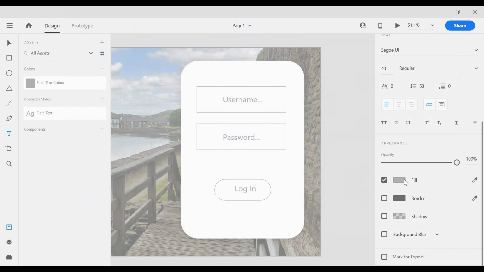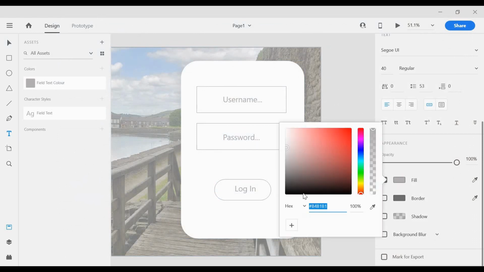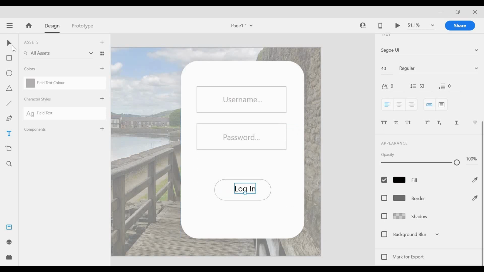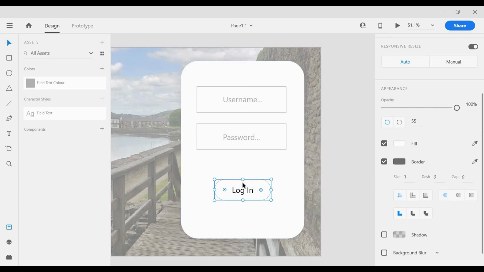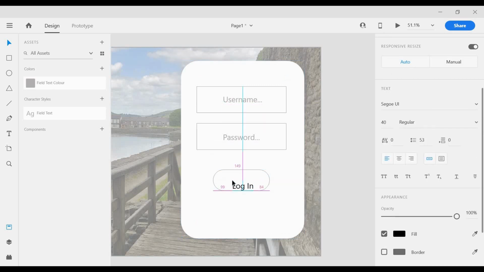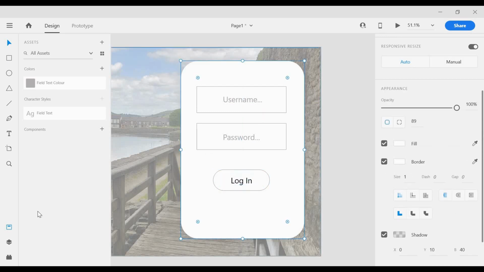I don't want it to be gray, so I'll first select the text and I will make it black. Now I'll just position the text. I think it can be a little bit up, so I need to position the text as well. That's good. Now I'll select this rectangle option, and I'll create a square with it and a text beside it